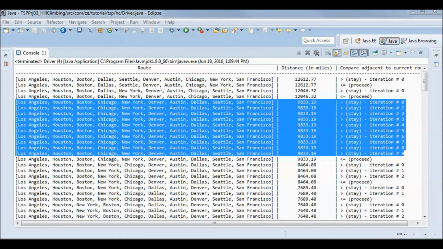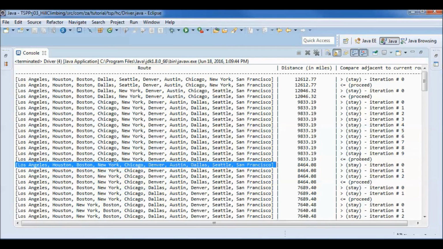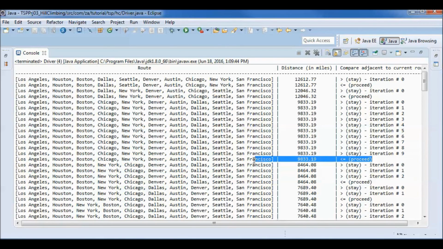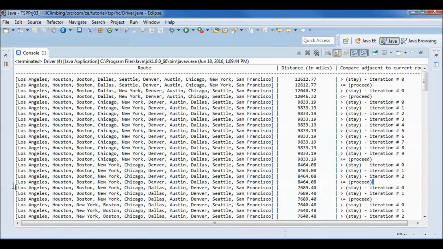So when we find a shorter route, actually this one, we proceed. So now we are here, and we stay for 3 iterations, and then we proceed.